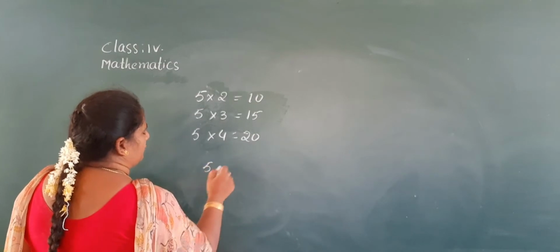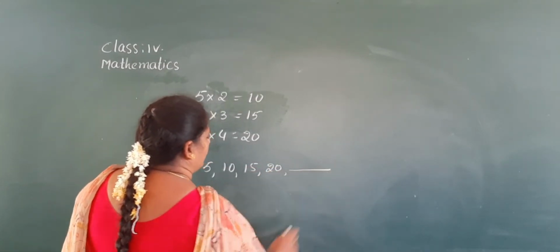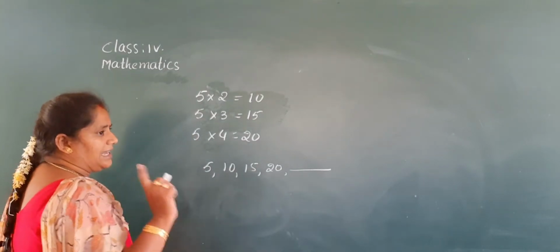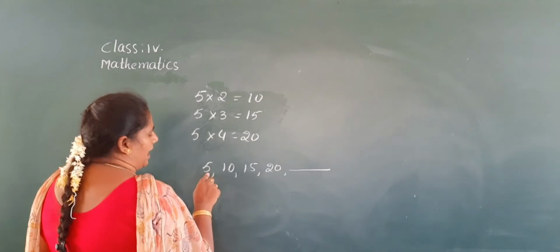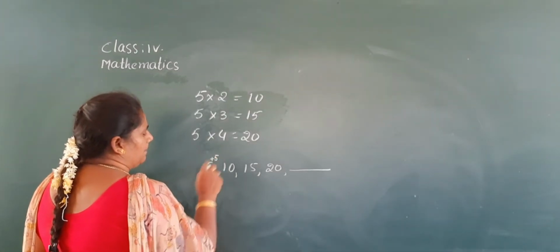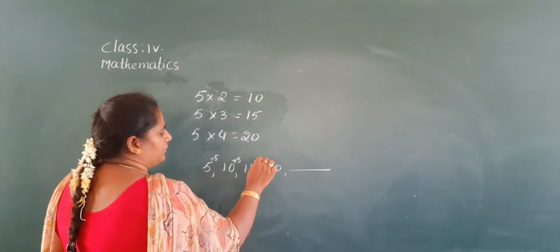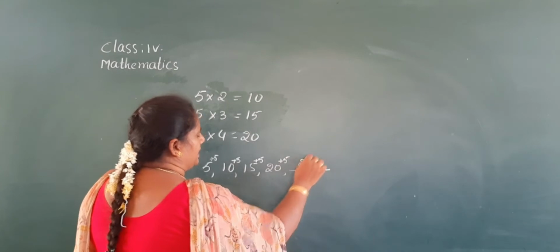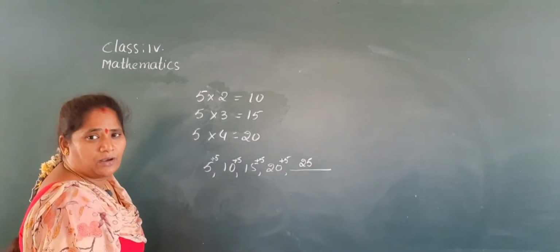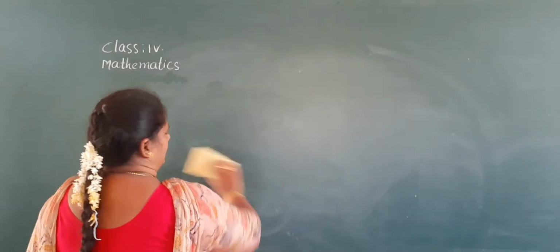Here the numbers are 5, 10, 15, 20. How do we get the next number? By adding 5, but not multiplying by 5. So 5 plus 5 is 10, 10 plus 5 is 15, 15 plus 5 is 20, 20 plus 5 is 25. But it is a pattern in addition. And now we will see some problems in exercise